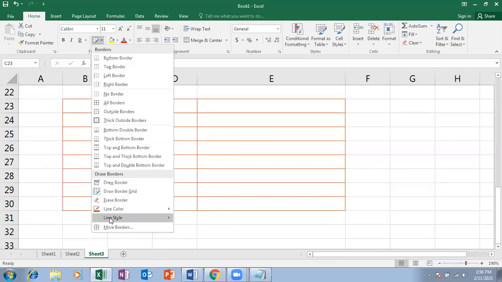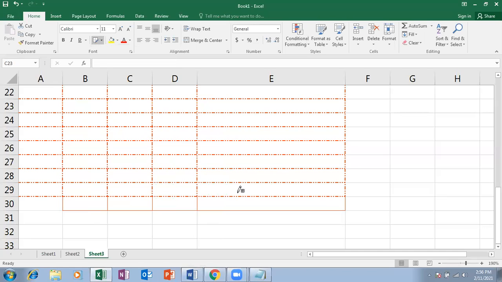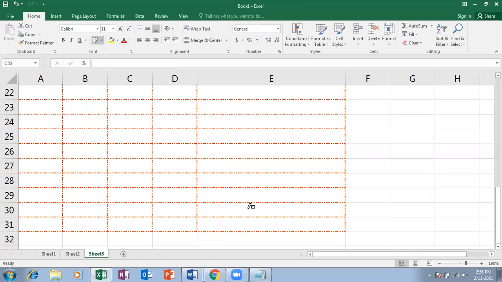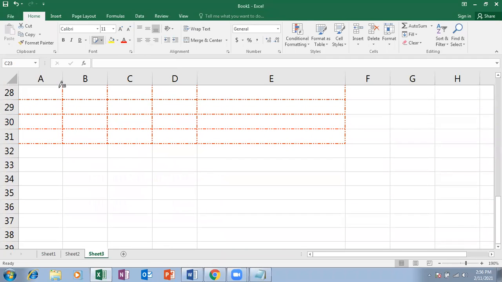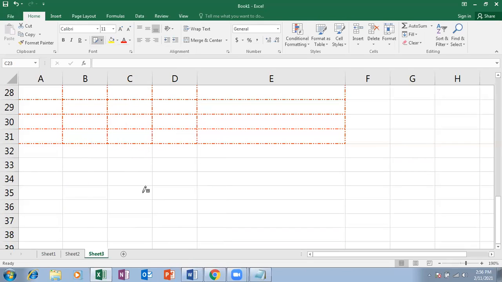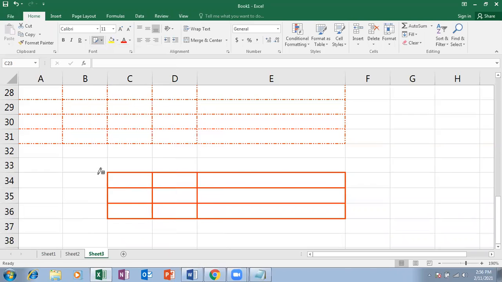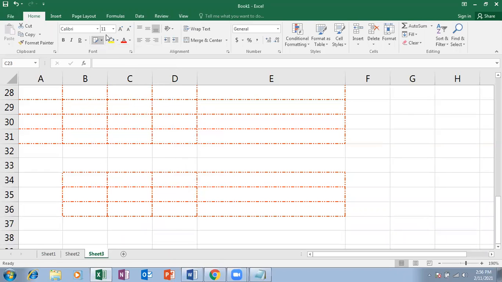And then finally, line style. What type of line style you want? You want the line to be like this, or like this, or like this, however you want. Again, let me change the line style. See, like this.